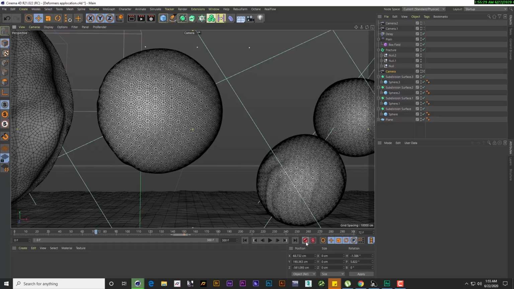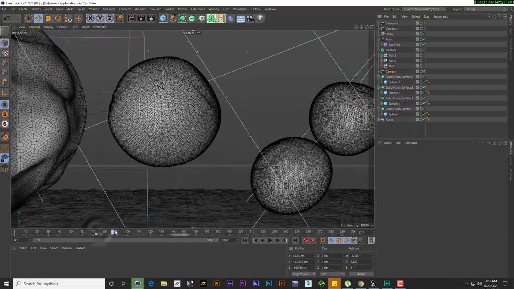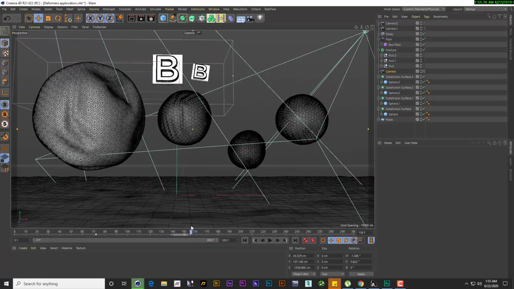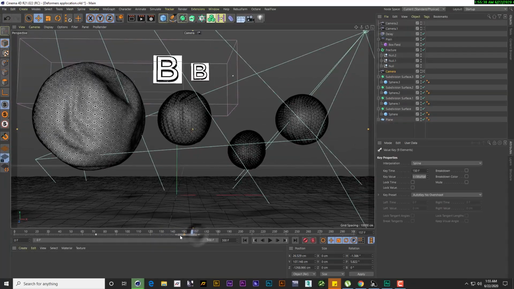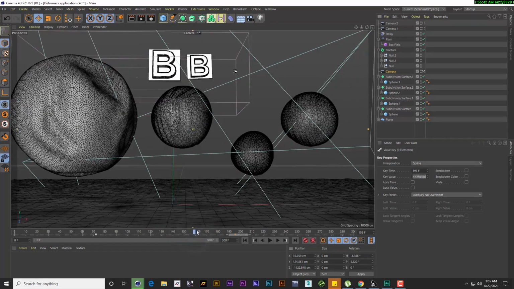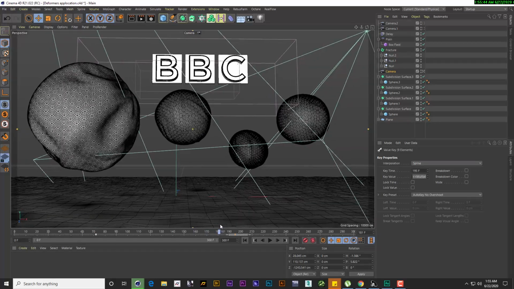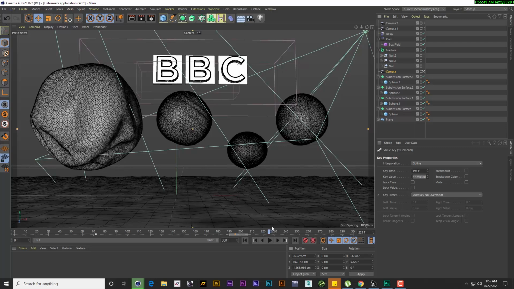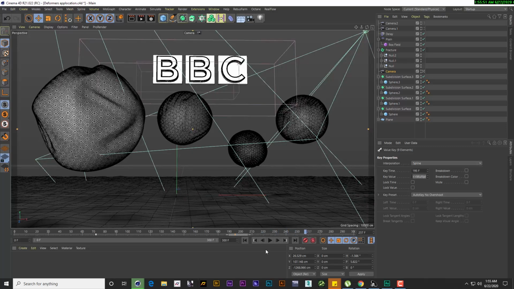So I'm going to click on keyframe right, so the camera moves this way, right? I think I want to maybe move it back a bit, so we have the camera still moving while the text is formed. So now